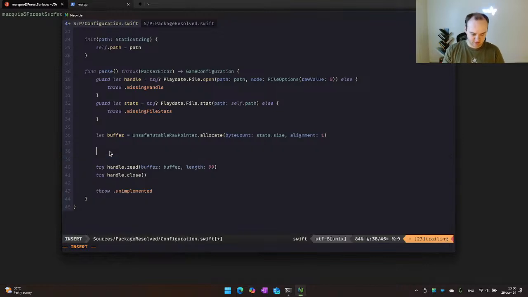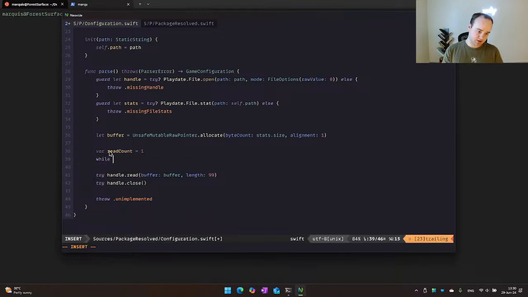Okay, now, right, yeah, let read count returns the number of bytes read, 0 indicating the end of file. Yeah, okay. So then what we need to do is, I guess, 1 while read count is not equal to 0.